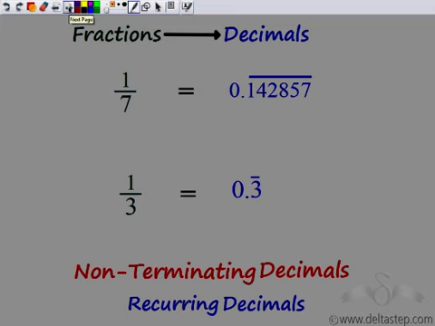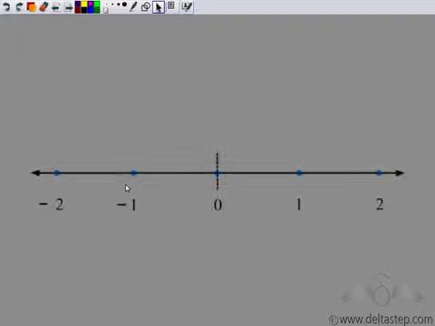So non-terminating, of course, because they are not terminating. But apart from non-terminating, there is a sequence of digits that is repeating. So I say that these decimal numbers are recurring decimals. Now what we see is that either decimal points are terminating or they are not terminating. Now why is it so that some numbers terminate whereas others do not?